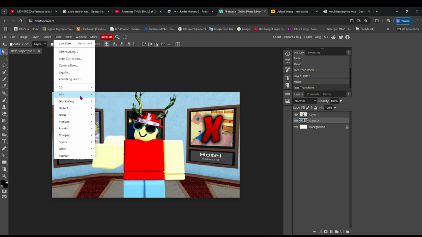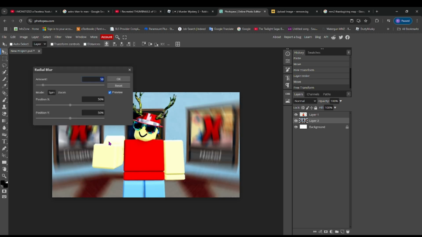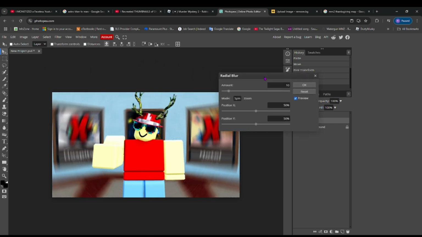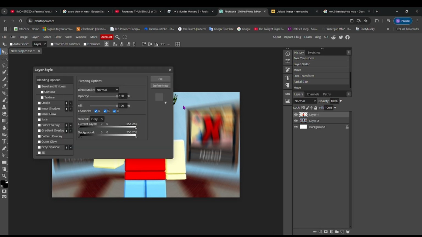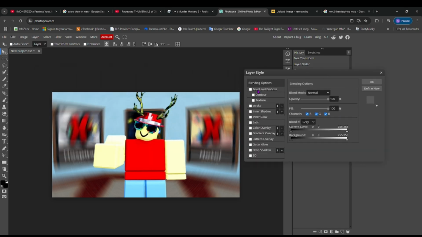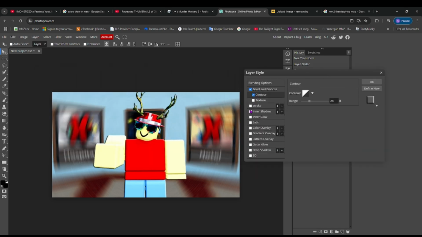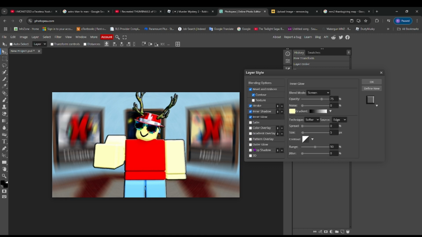We're over to the blur area, and then we're going to go to radial blur. Now, obviously, we kind of move this to the side to see. Now, obviously, Nicholas doesn't really stand out with the image, so what we're going to do is right-click, blending options. Now, over here, I'm going to go bevel and contour, stroke, inner shadow, inner glow, outer glow,